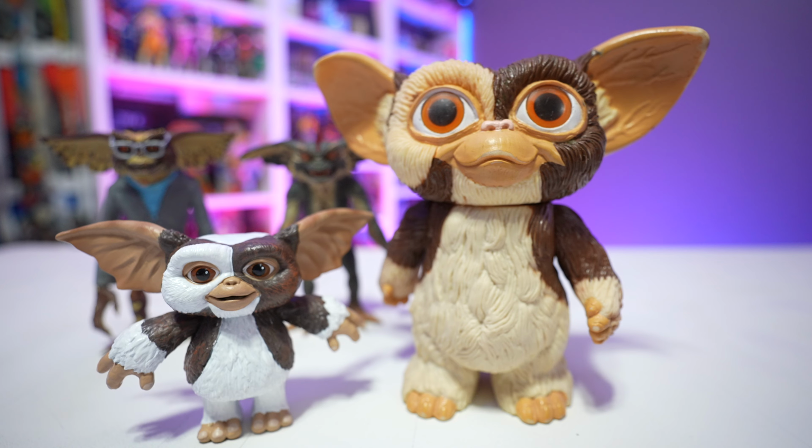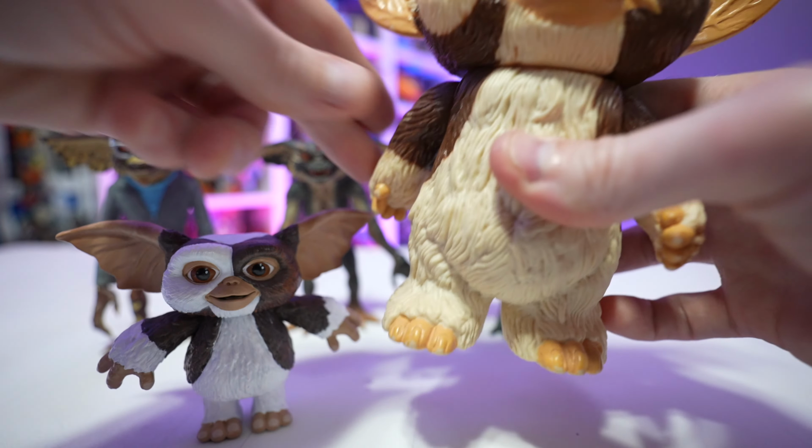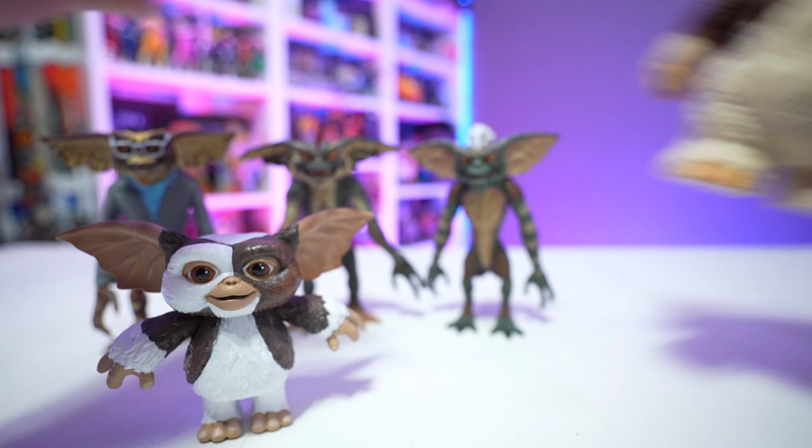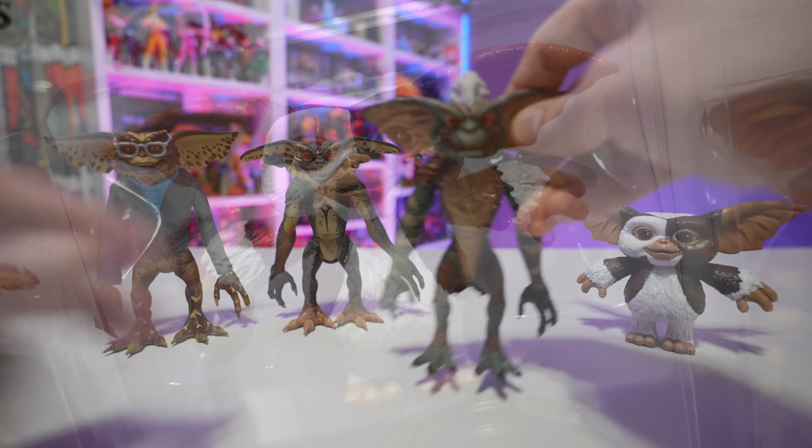Obviously, technology's advanced over the years, but 1984, solid piece of plastic with some quote-unquote articulated arms versus today's modern plastic. So pretty impressive. Next, let's take a look at Stripe,